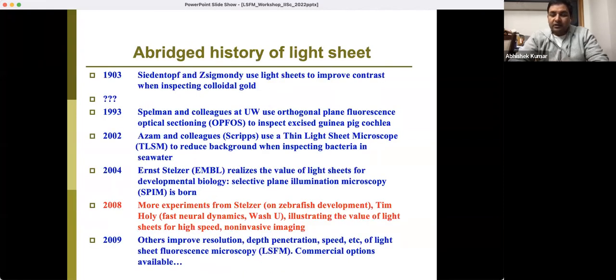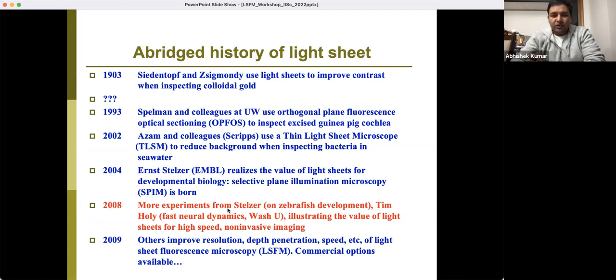Again, this slide is very redundant. Yesterday, Professor Mandal talked about the history of light sheet. The first use, as you may recall from your lecture yesterday, was demonstrated in 1903. But after that, there was a significant gap. And this approach was reborn in 1993. There were a few applications, but the field really exploded